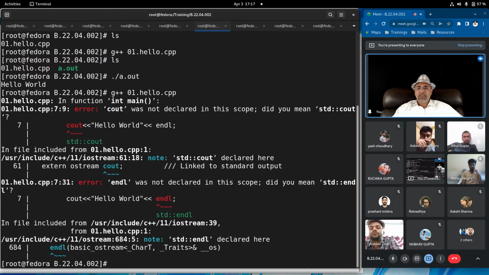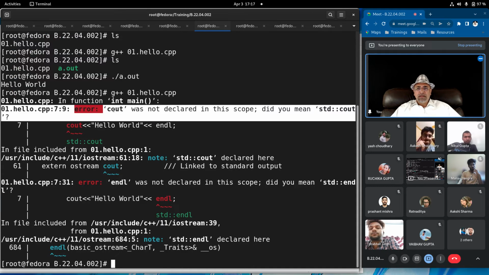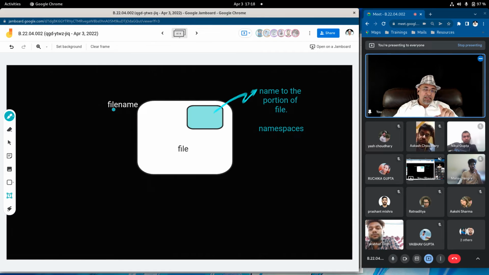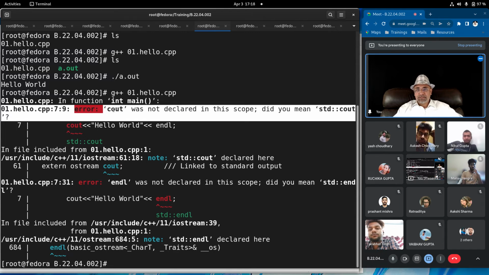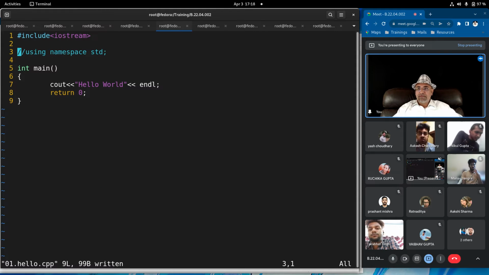Oh, it says cout is not declared. What is cout? The G++ compiler doesn't know. Because it was declared in an IOStream class in a file, and that portion of the file, or the portion of the class where it was declared inside the file, is called namespace std, standard definitions. So we have to put standard definitions here.